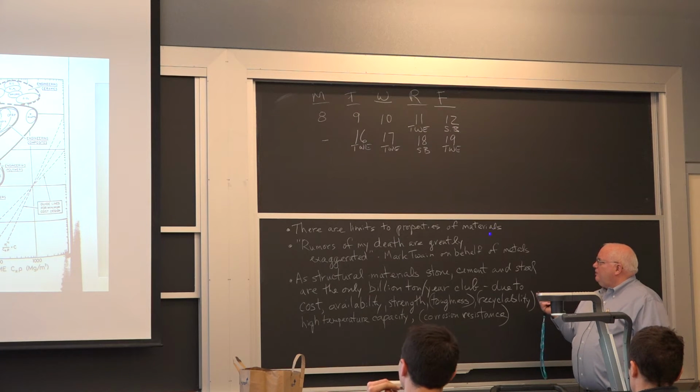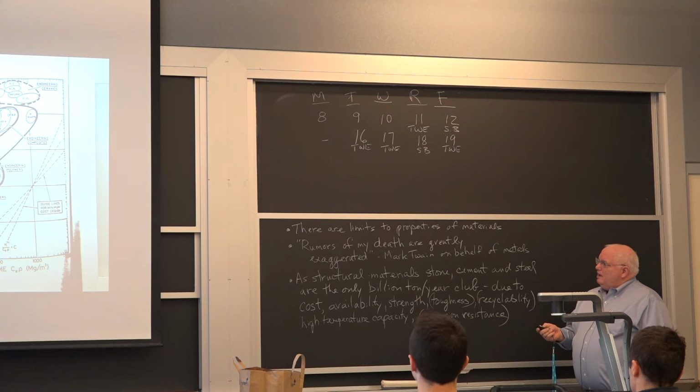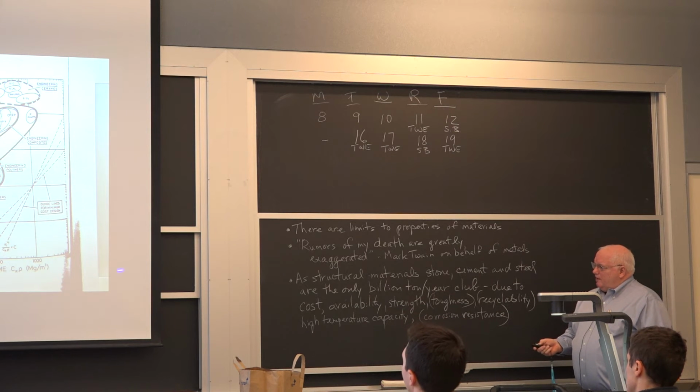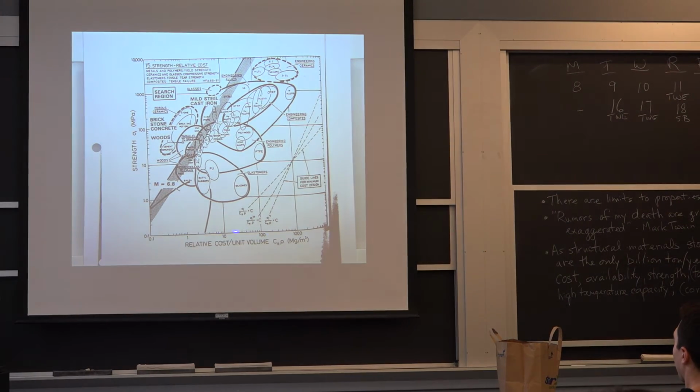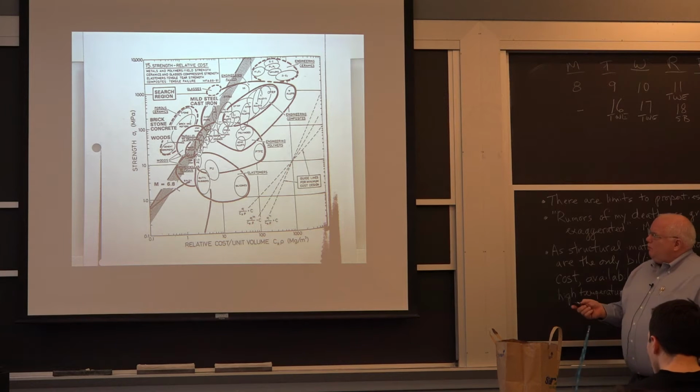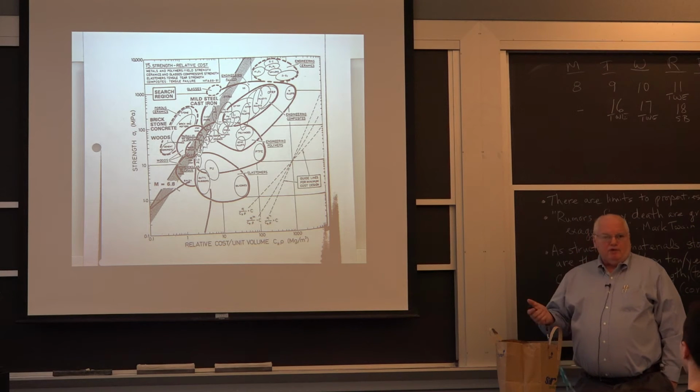But in any case, there are limits to the properties of materials, and the Ashby plots show you that. He usually goes 5 or 6 orders of magnitude one way by 5 or 6 orders of magnitude the other way, and all materials fall in those ranges. And if you want to be a material scientist, we can explain why. We can explain why many of the ceramics or ionic and covalently bonded materials are transparent. They don't have free electrons.